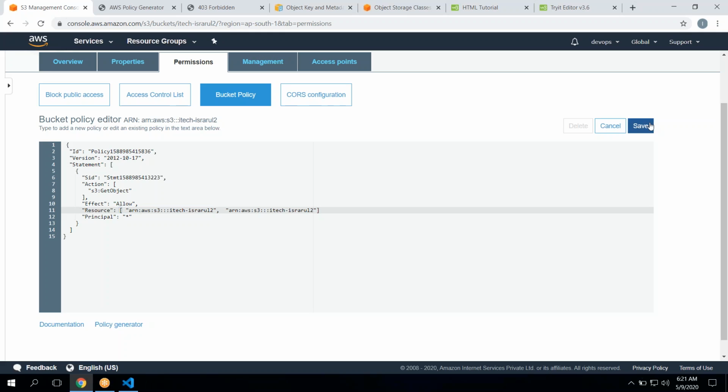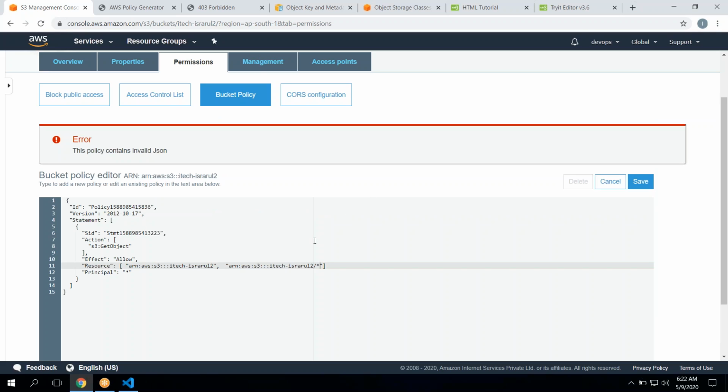And then go and click on save, right? And yeah, so as of now both are same. So I wanted to say that all the objects inside my bucket, so I have to go and say slash, sorry, slash, and then star, right? Go and click on save,